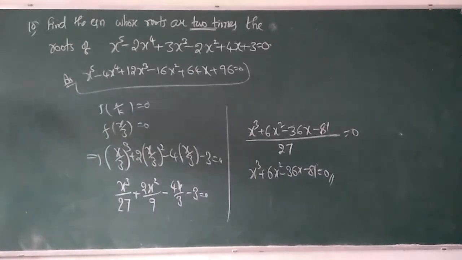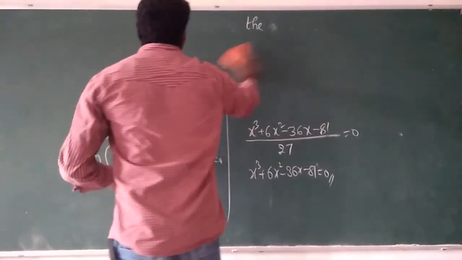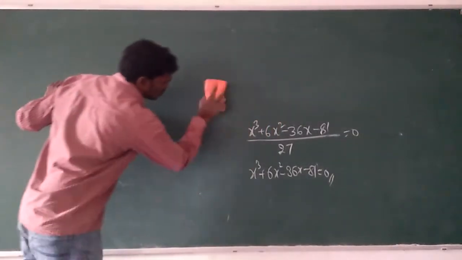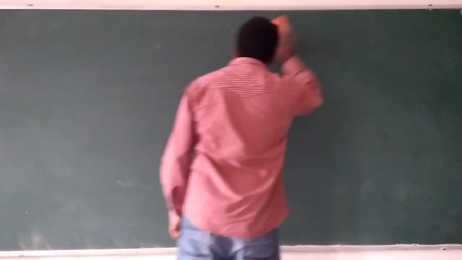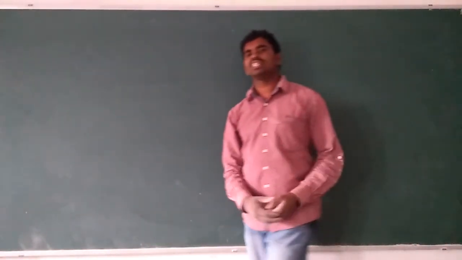Okay. So then the last question from this chapter, this part, is in the very short questions. We have only 3 parts in this theory of equations. The first 2 parts we completed, the long questions, and the last part is very short questions. Okay, the last one is: find the equation whose roots are